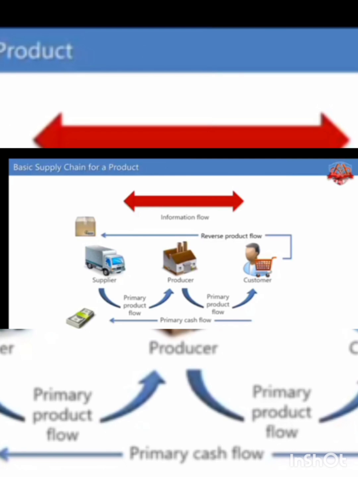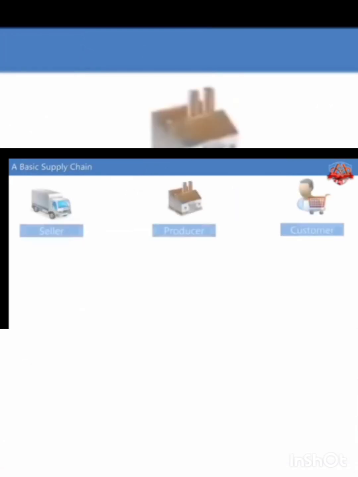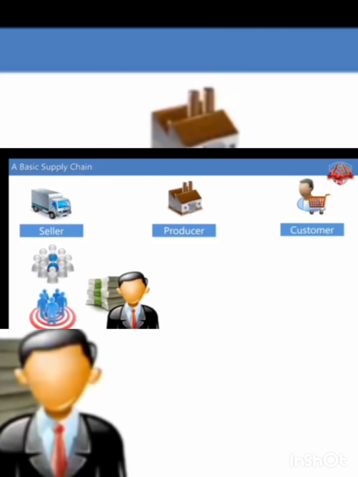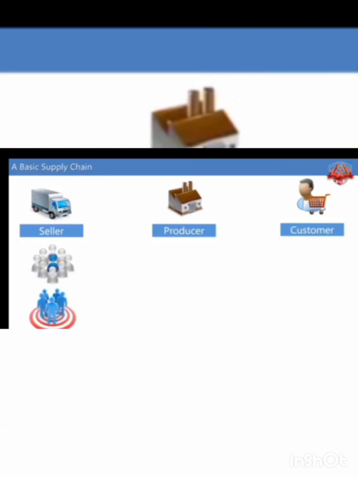There are three things which we have to consider in supply chain. First one is a seller. A seller is a supplier who provides goods and services, or a person or organization with whom a buyer does business. Second, supplier provides material, energy, services and components for a product or service such as plastic, fabric, electric wiring,